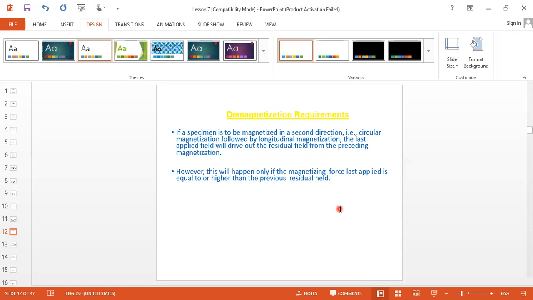If your head shot current is greater than the coil shot current, meaning your first current is greater than the second current, then the field will not totally shift towards longitudinal. So we have to remember these things. When we do this process, first head shot and then coil shot, and then pass the job through the demagnetization coil, we have to remember that the coil shot current should be equal to or greater than the head shot current.